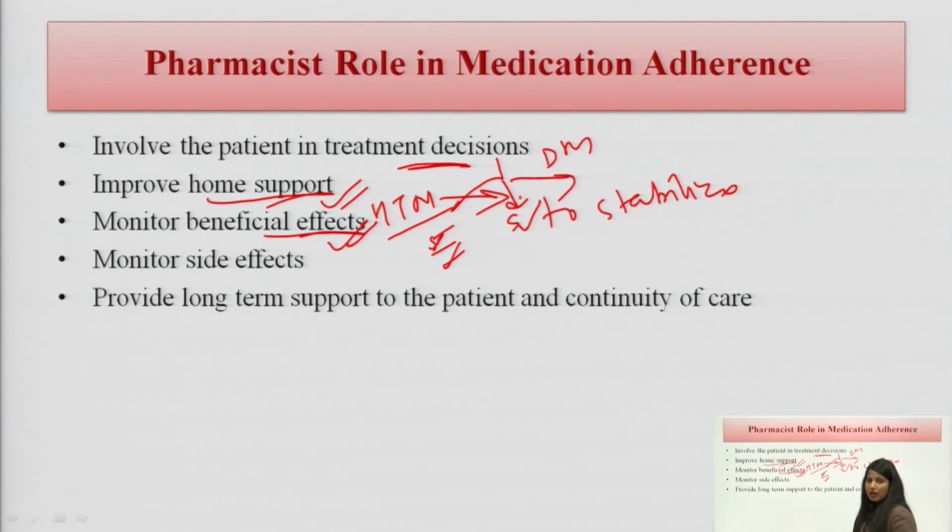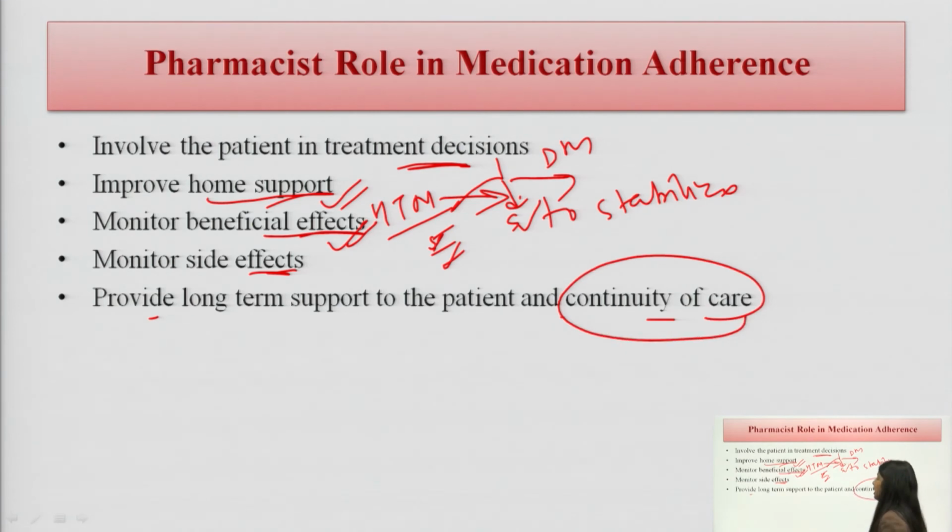When the patient comes again to a pharmacy or to the hospital, the next step the pharmacist will do is to monitor BP or monitor diabetes in the respective cases. Monitor side effects. If any side effects are occurring to the patient, of course we have to monitor them, and if it is required to change the therapy, it is recommended either by reporting to the physician first or by changing the therapy. Now provide long term support to the patient and continuity of care,